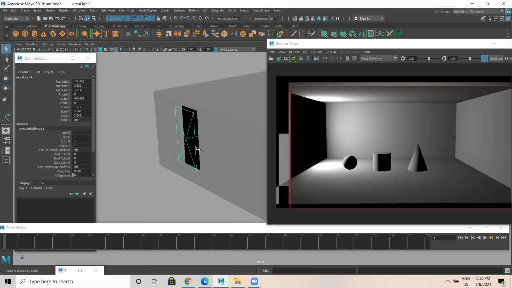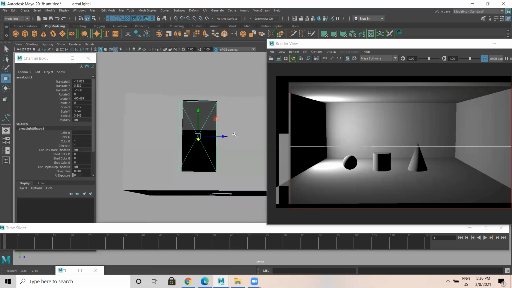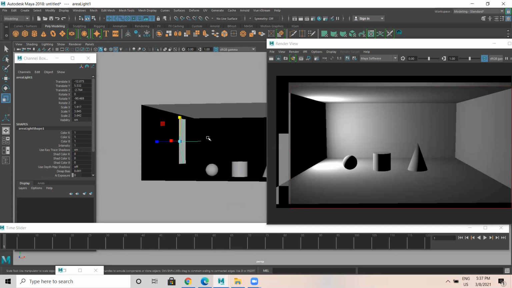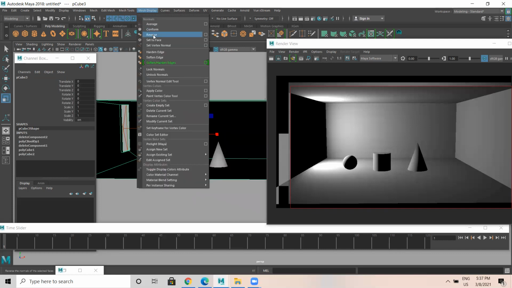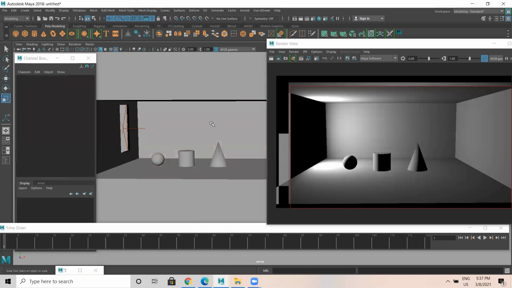So just take this light and I place it over here. And I select this mesh. I reverse those faces.